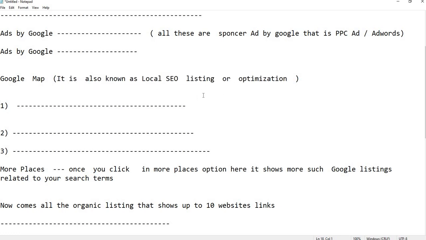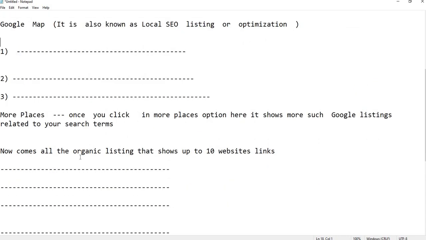That is area specific, not city specific, area specific. So we are breaking the area of the entire city into different local areas, that is Taliganj, Damdam, Shitirmor, Badanagar, Kashipur. All these are area specific terms. So in Google, you can also optimize your business in an area specific way. Hence the name local SEO listing or local SEO optimization.